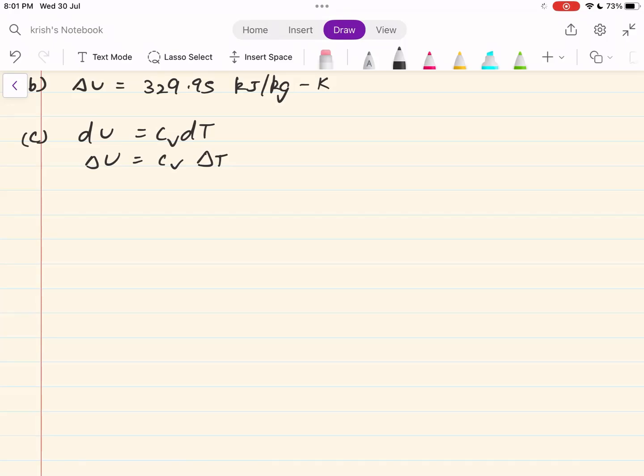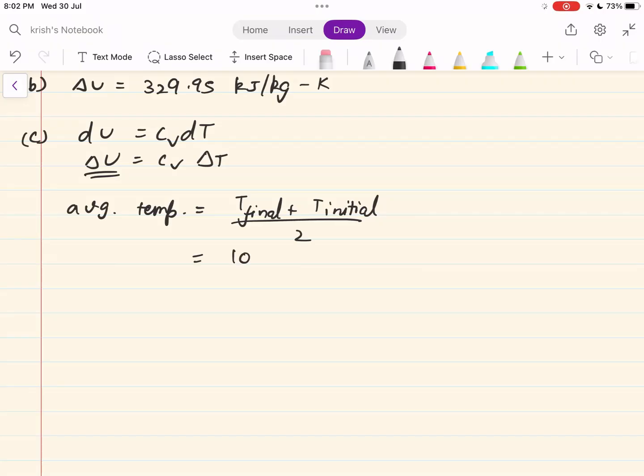And it is telling us to use this value at the average temperature. So average temperature equals T final plus T initial upon 2. So this will come out to be 1600 by 2, which is 800 Kelvin,